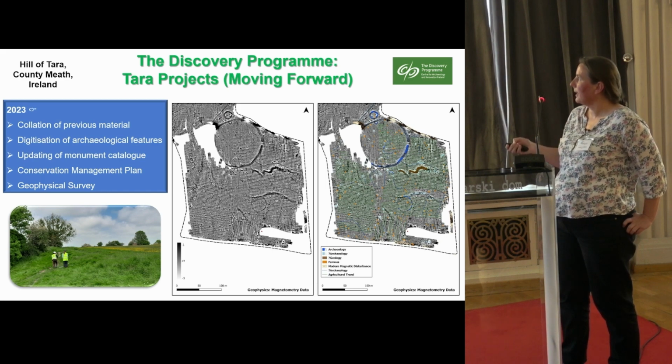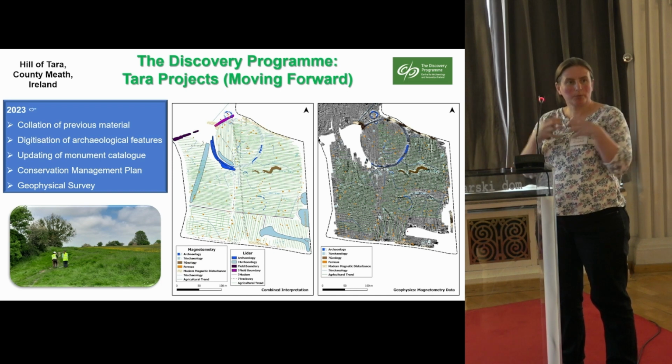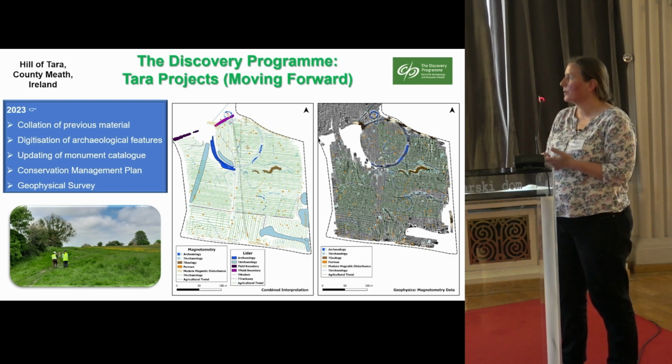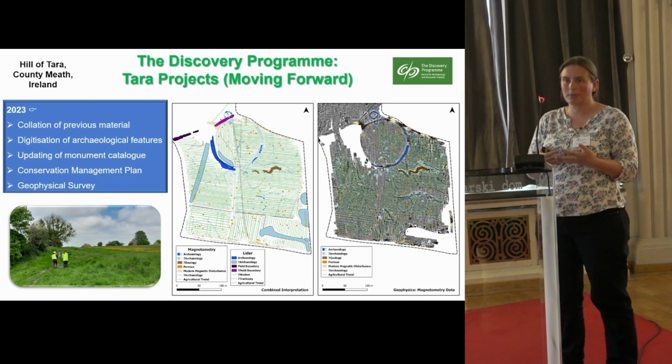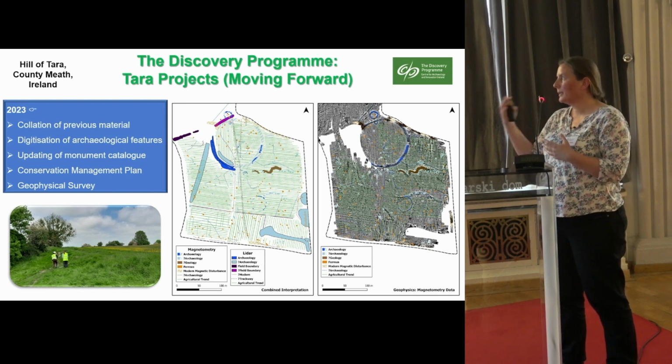So digitizing that, we're able to overlay all of the information from all of the different data sets to get a fuller picture of activity at the site. And part of the reason for doing this is that there was a monument catalogue brought out in 2017, and because it's part of the state-owned lands and it's public access,